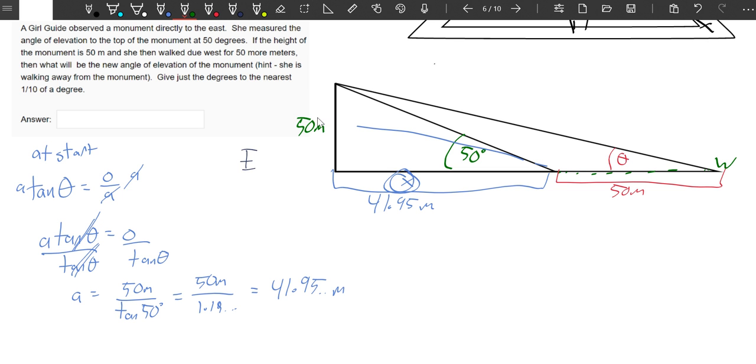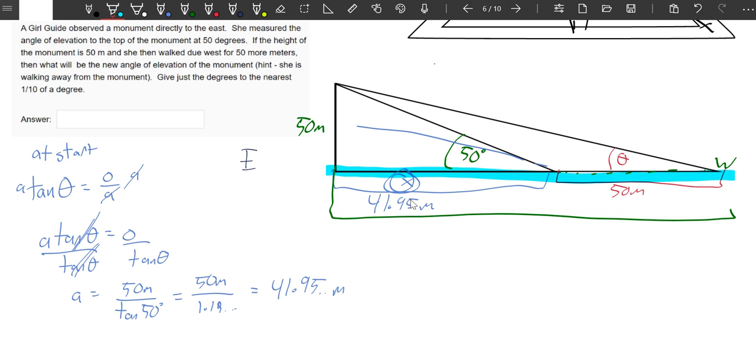So now we have the distance from here, the monument, all the way to her new spot. So this entire base, which I could highlight here, this entire base is 41.95 plus 50. So this entire base here is 91.95 meters. That's from here to here. That is my adjacent side for my missing thing here. I'm going to use tan again. I'm going to solve for the angle